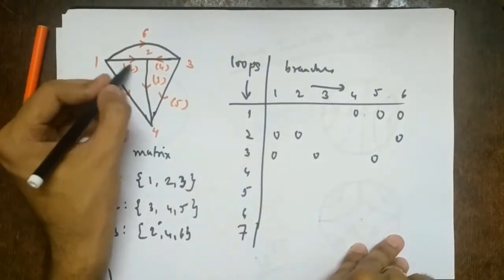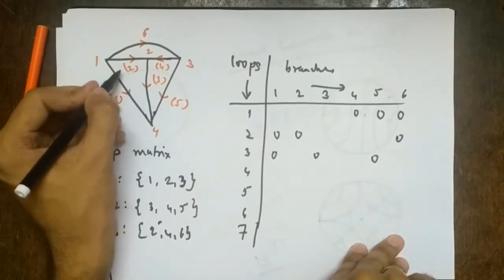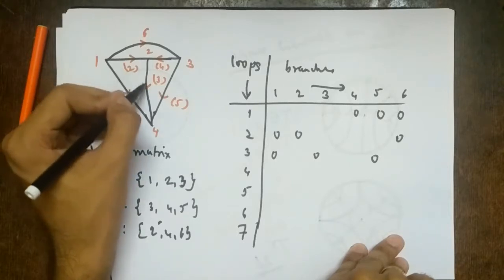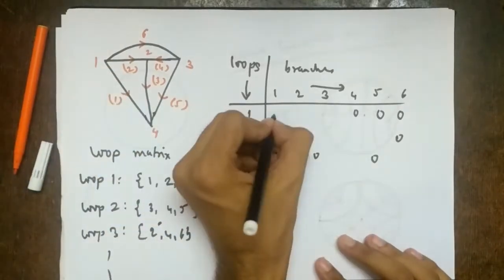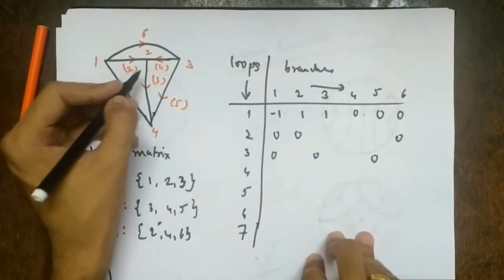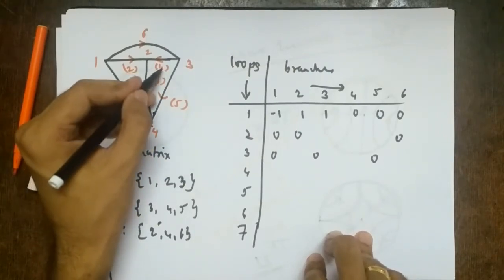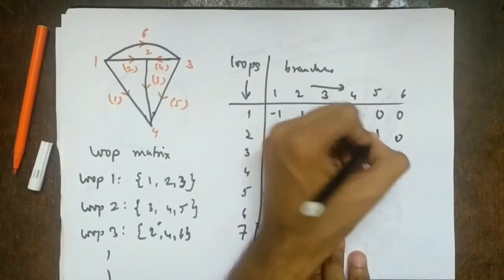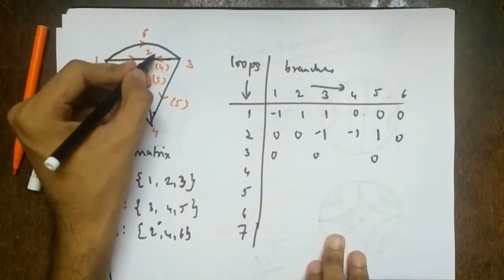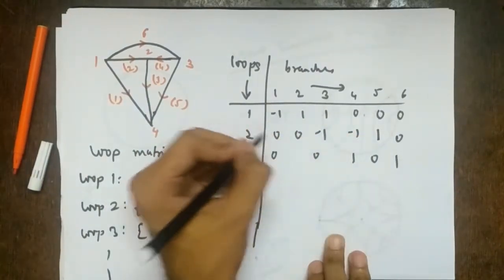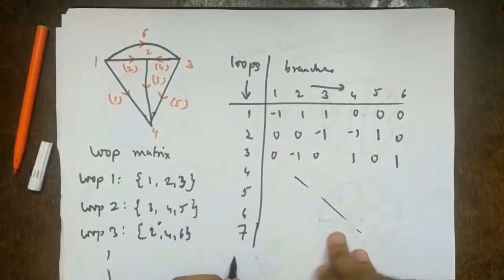So this is my loop 1, 1, 2, 3. So we had assumed clockwise current. So if you take clockwise currents, 2 and 3 are 1, right? So 2, 3 will be 1 and branch 1 will be obviously remaining, which is minus 1, right? Then again clockwise. So only branch 5 is in the same direction. So branch 5 is 1. So rest should be minus 1. Then loop 3 is this. So again clockwise direction, 6 and 4 branches are in clockwise. So 1 and this is what is remaining? 2 minus 1, right? So similarly you can complete the matrix. So then finally what we'll do?